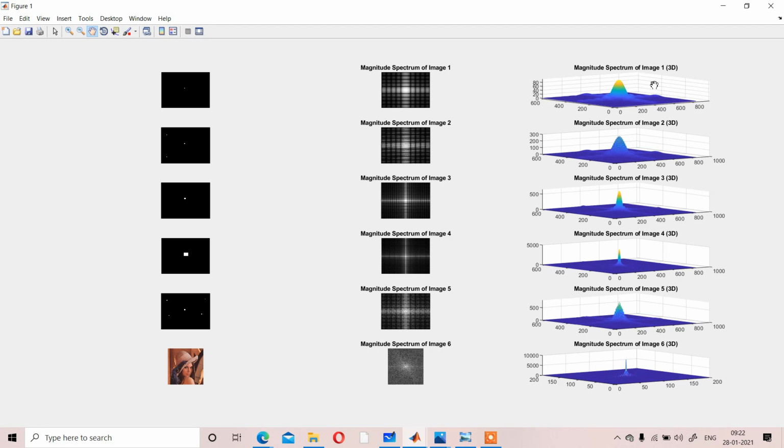So you can see that if we don't consider the frequency range which is higher, that is suppose the low frequency range, up to that range you want to display your image.